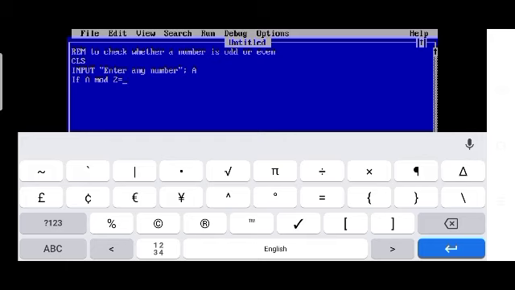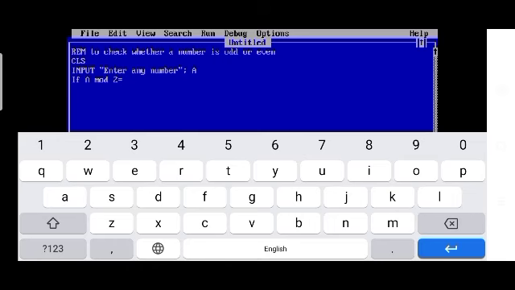Understood? When I show you on the whiteboard, in place of a, I gave 4. 4 mod 2 is 0. Yes. Now if the user gives 6, 6 mod 2 is 0. If the user gives 12, 12 mod 2 is 0. So if the number given by the user mod 2, meaning when divided by 2, the remainder is 0, then what will happen? Then a print statement will run.